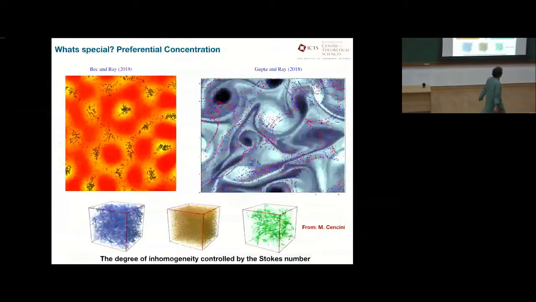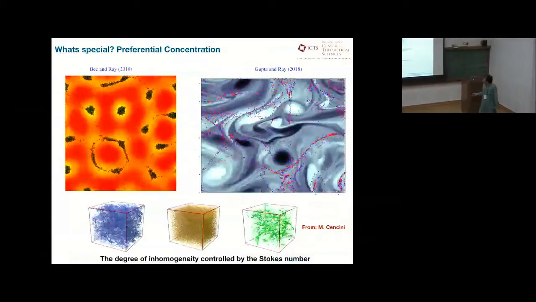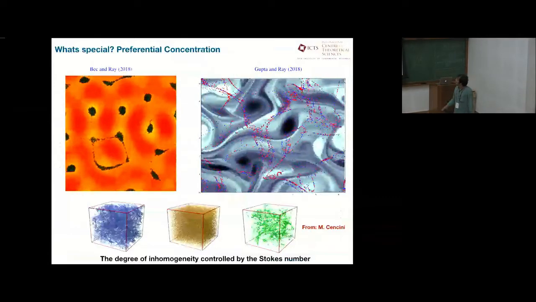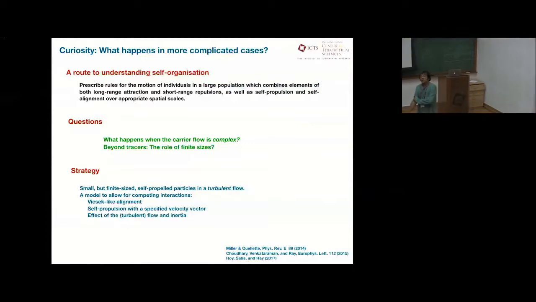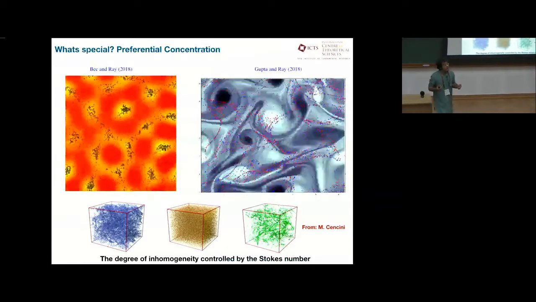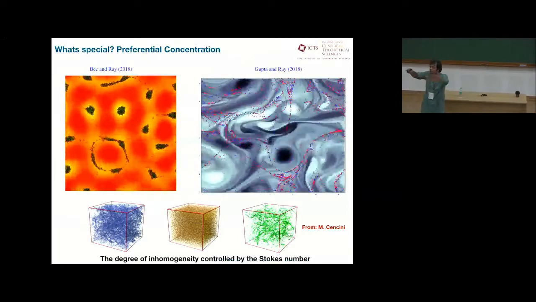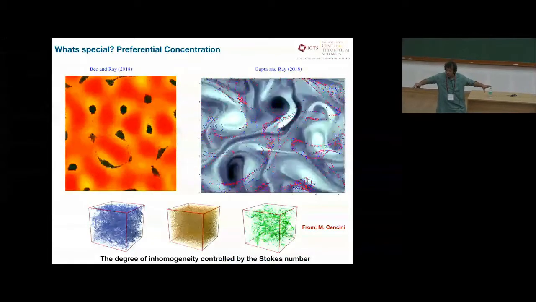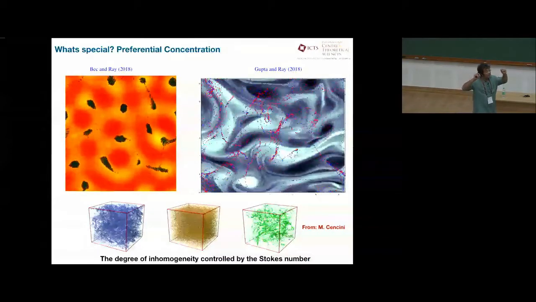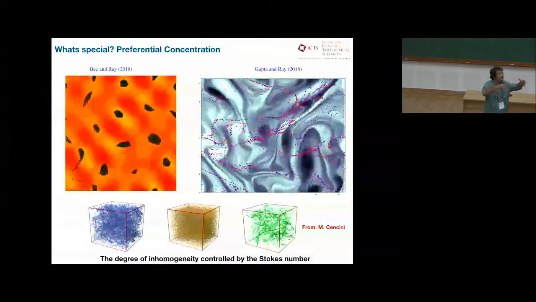So that brings me to the following point. The reason why we felt that this should be an important feature is because of something that people in turbulence have known for quite a long time. If you do not have Lagrangian particles, the sort of particles that Amit was talking about, which faithfully follow the flow, but you have finite size particles, then their dynamics is dissipative, and they tend to preferentially cluster.